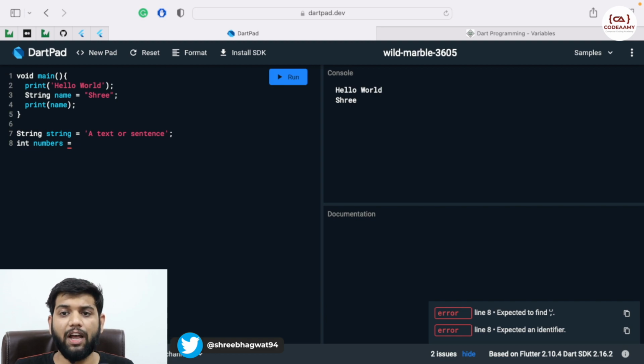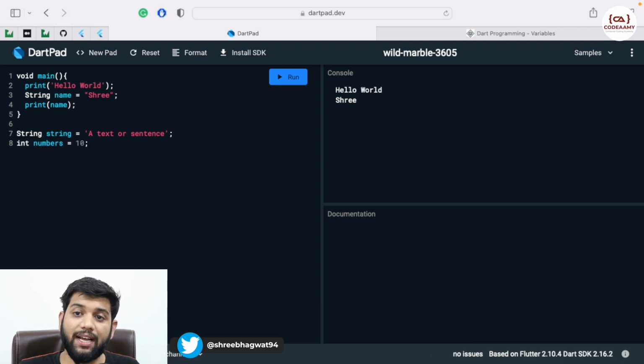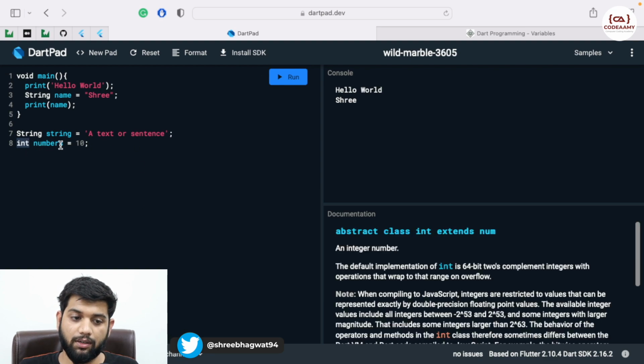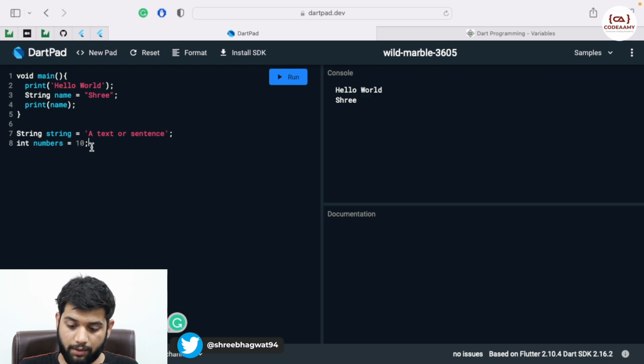Okay, we don't have decimal numbers in int, we have whole numbers. All the numbers which are whole and negative numbers fall under the category of integers. So I can write over here 10 because 10 is an integer, it is a number. And if I hit print, it won't come over here. So this is a variable 10.